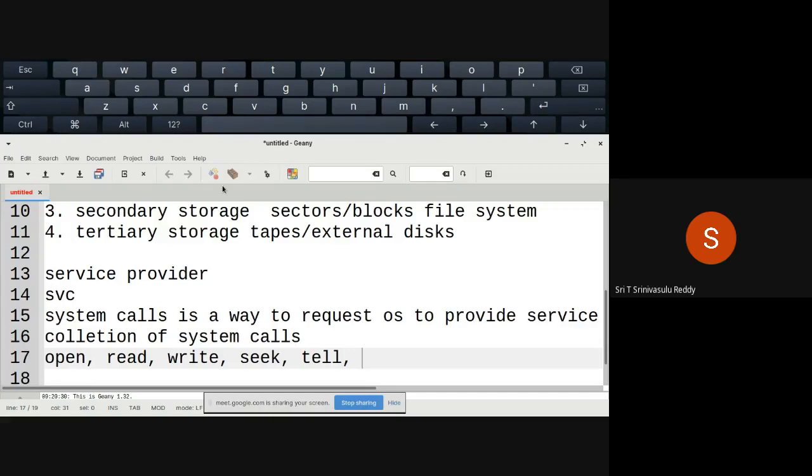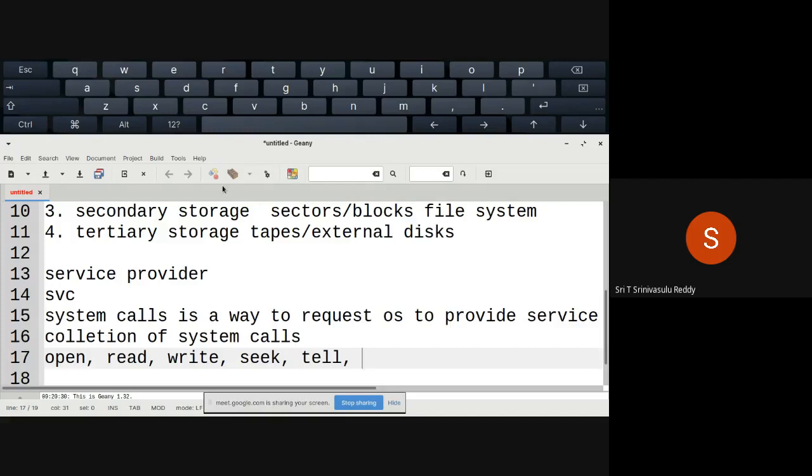And after using all these things, you want to give the resource back to the operating system, because all these things are resources. Only a certain number of resources can be given to any running program.